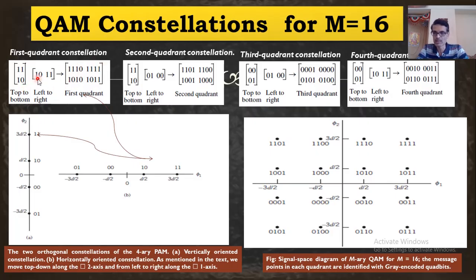It's a Cartesian product. How to write the answer? 11, 10, 11, 11. First two. Second one, 10 and 10, and 10 and 11. Fine. I got four message points. Is it right? Now the second case.